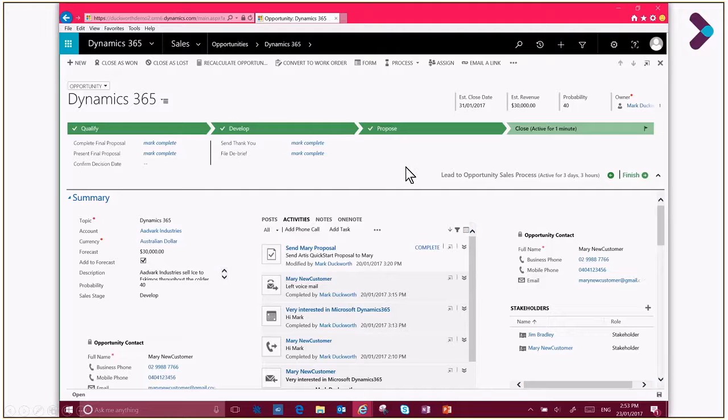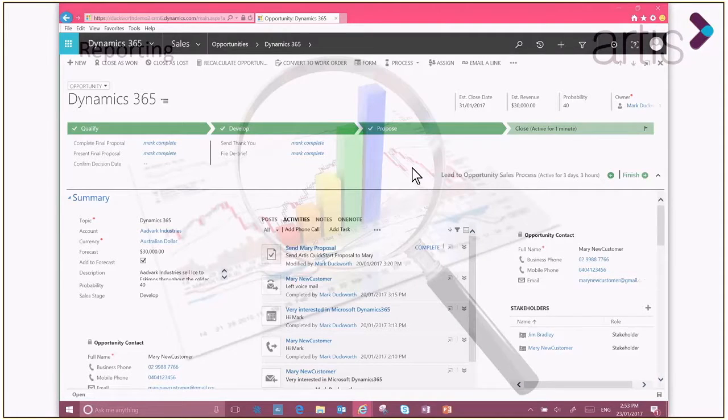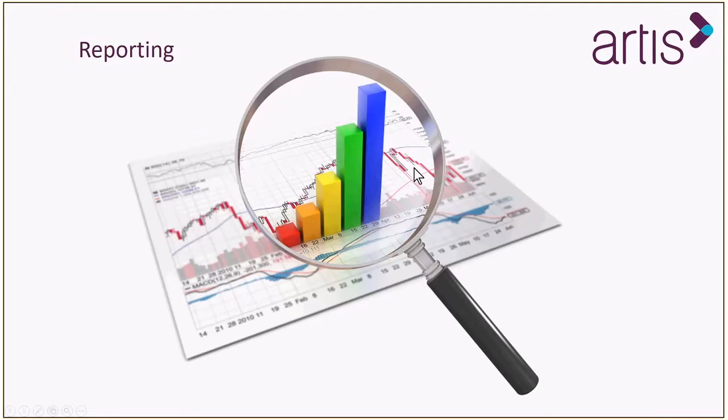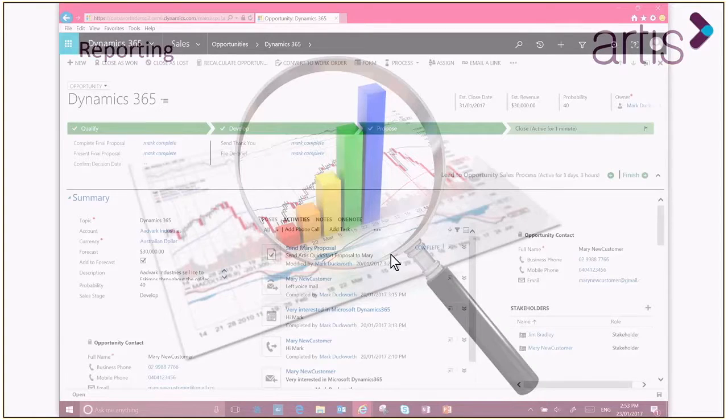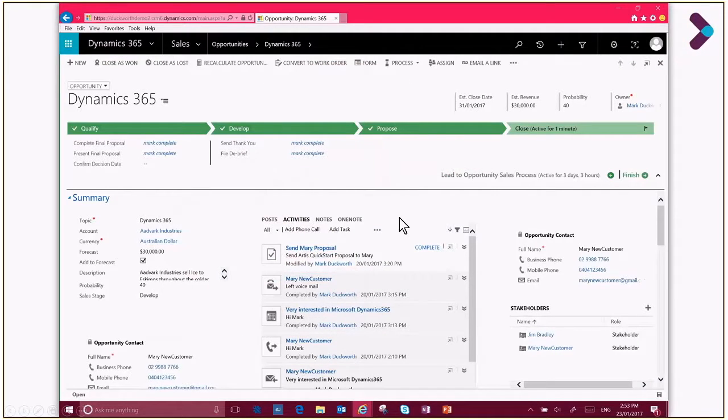So let's move on now from that sales process and talk about reporting, which I think most of the people I deal with are struggling with in their business. They don't know where the sales are coming from. They don't know who's closing them, how long it's taking, how much, etc. So if I go back to where I was just in my Dynamics 365 application,